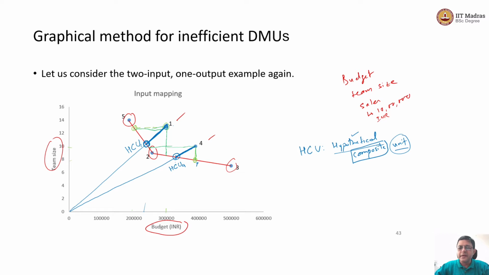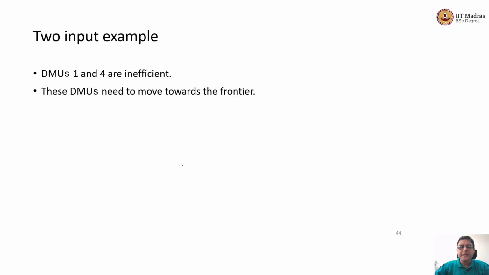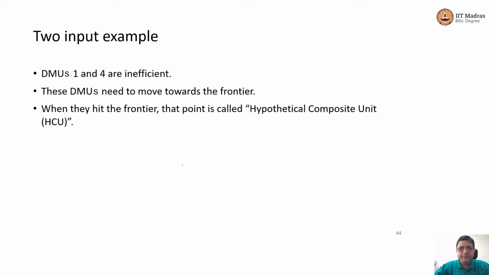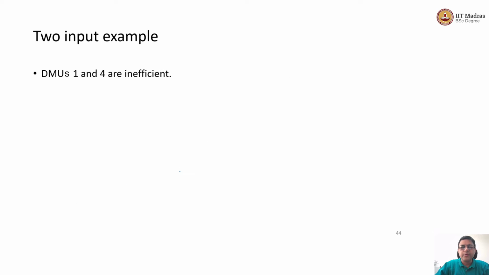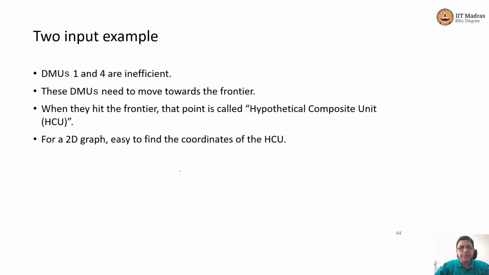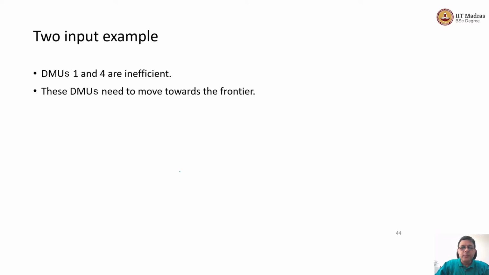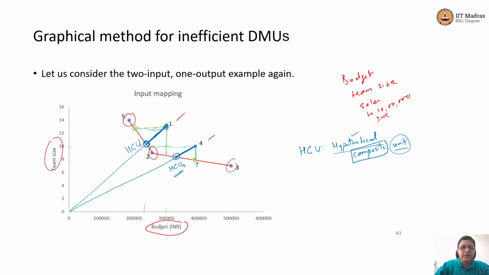Budget is the money that it is consuming. Team size is the people resource that it is consuming. Right. So reduce on both of these resources. Only then can the DMU move towards the frontier. When they hit the frontier, this intersection point, as we have discussed, is going to be called the hypothetical composite unit. And from the two-dimensional coordinate system, for this simple example,